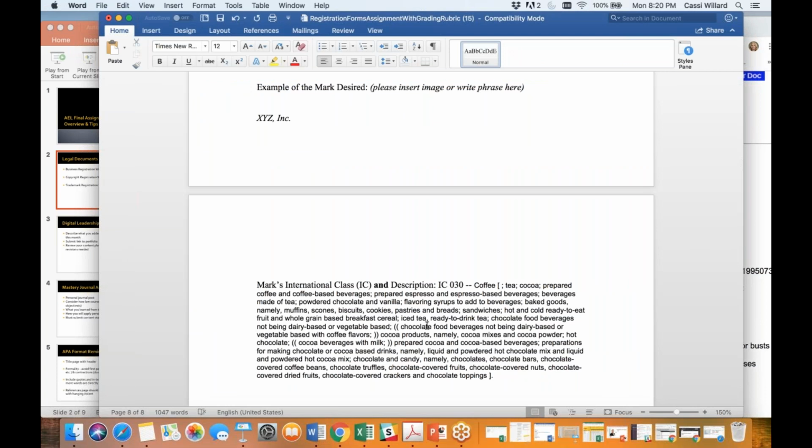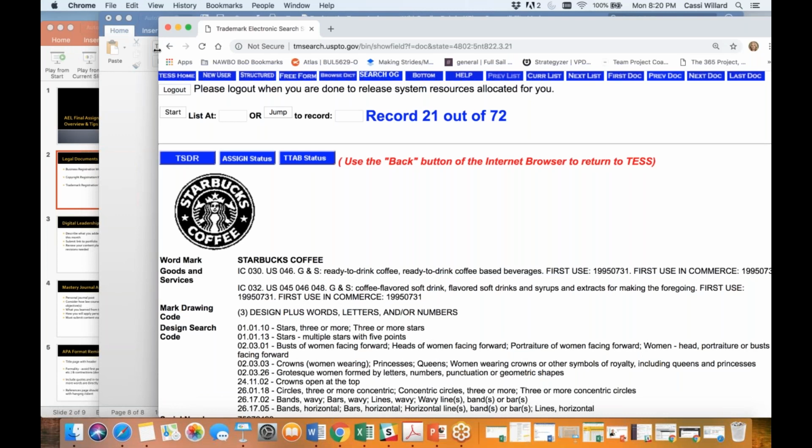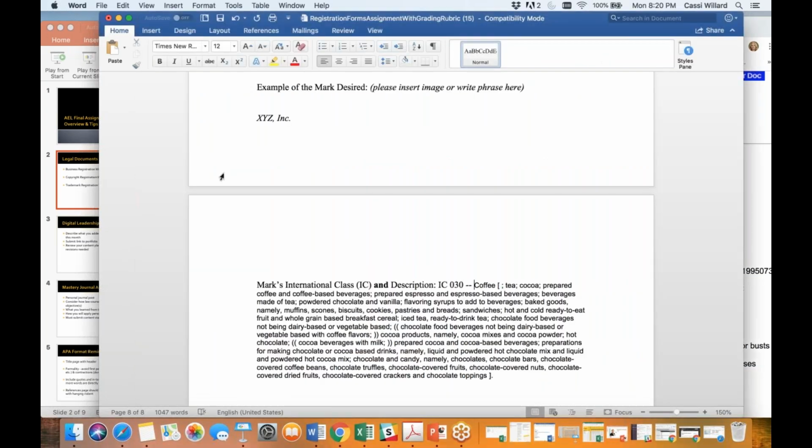Once you have the international class and the goods and services description, you can go ahead and hit save. You don't need the US code. You can leave it in there if you choose, you just don't need to. So once you have the international class and the digits and then the description, go ahead, hit save one more time,